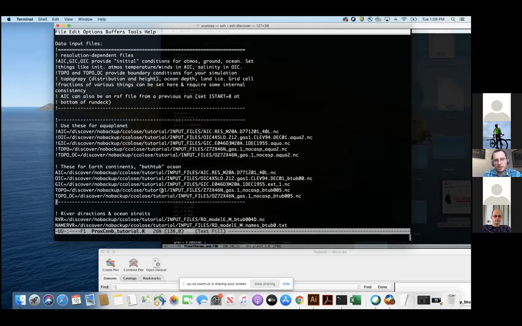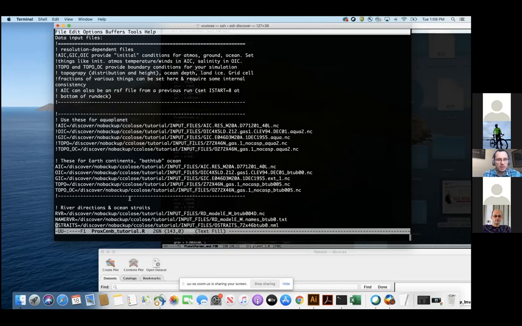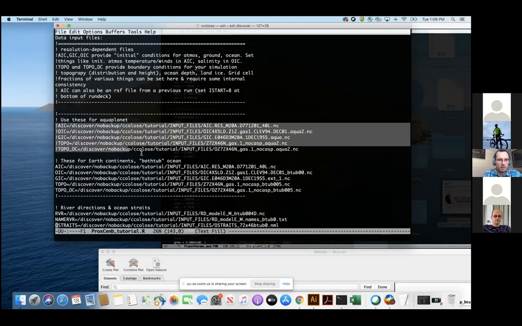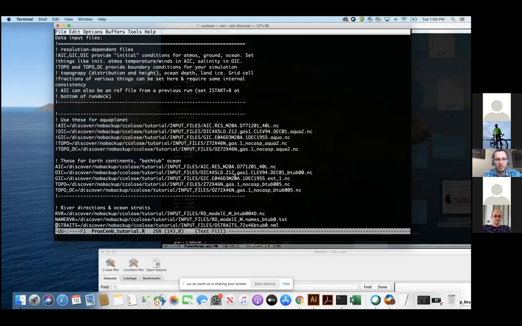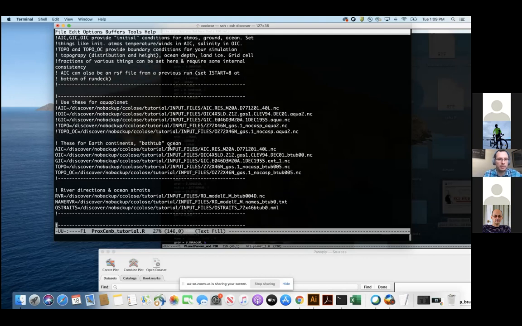And there does have to be some self-consistency in where you put land and where you put rivers and that kind of thing. But once you get the hang of this process, it's not too hard. I did comment out, it should work if you want to reproduce this run deck on your own time, the top part, which is for aquaplanets. You'll have to change your directory where your input files are, and then this is for Earth continents with Mike's bathtub